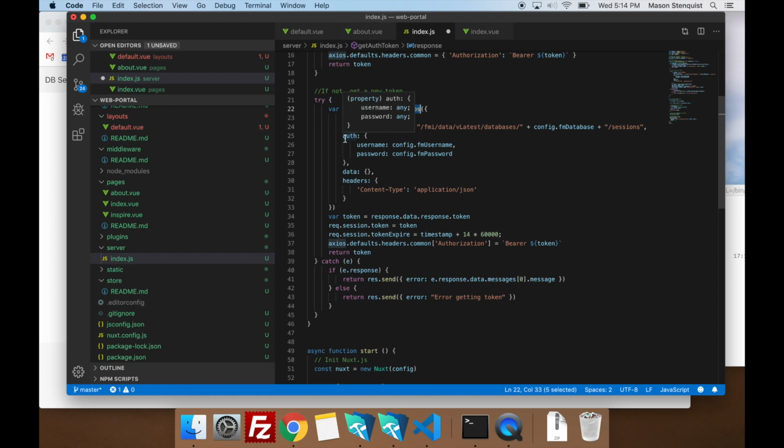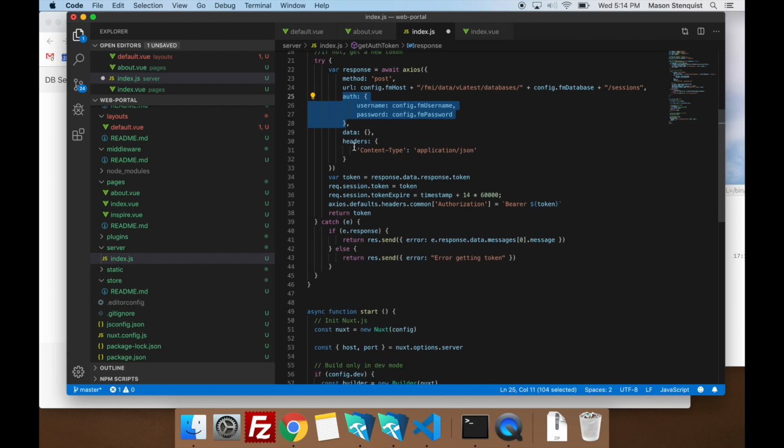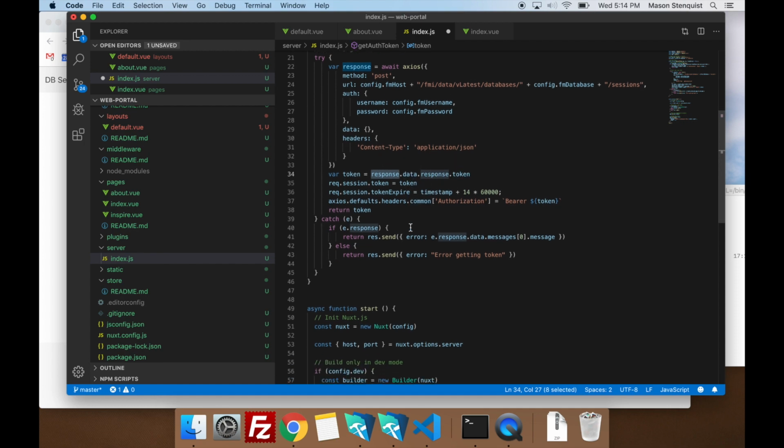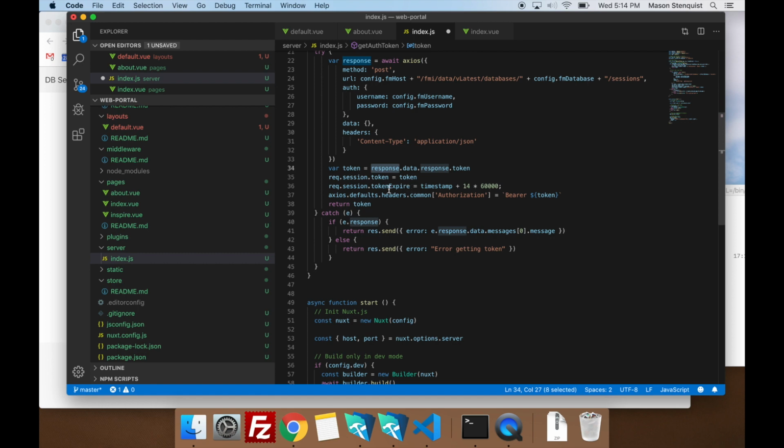We're going to do basic auth just to get logged in the first time, and then you need the headers, content type, all this. So this will wait for the response to finish, and then it will grab out the token, and then set an expiration timestamp of 14 minutes in the future.